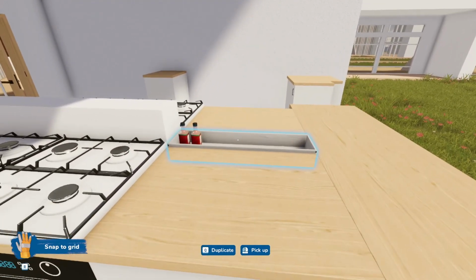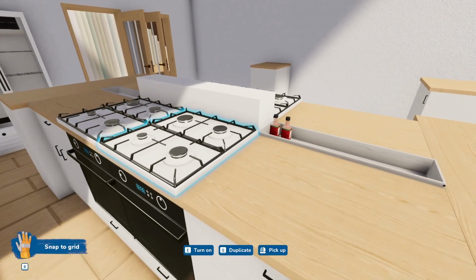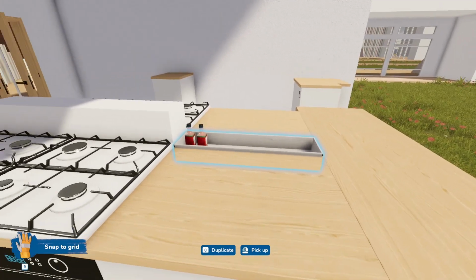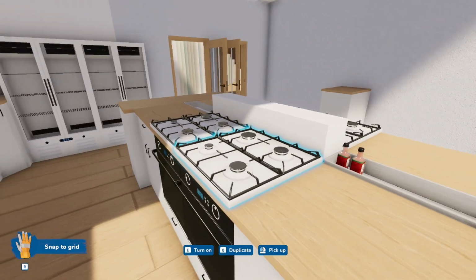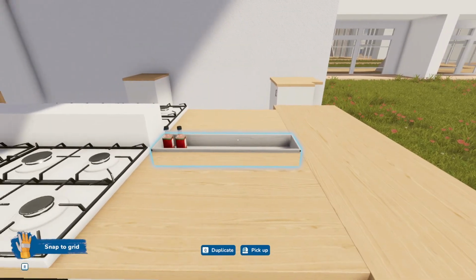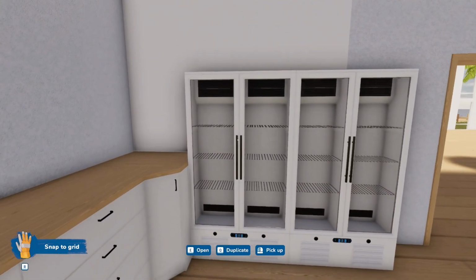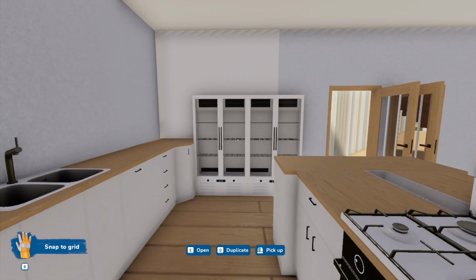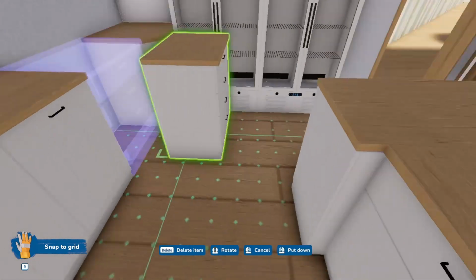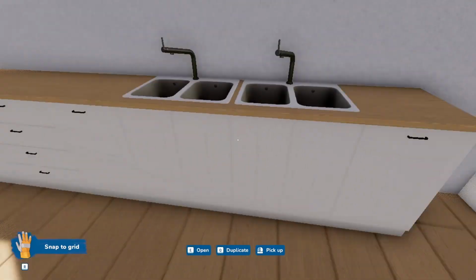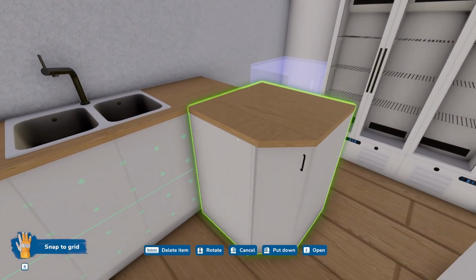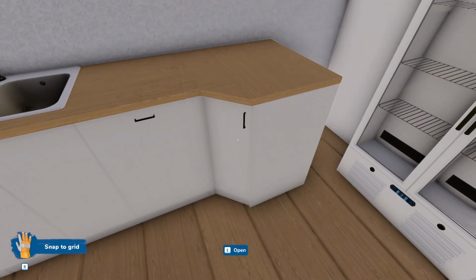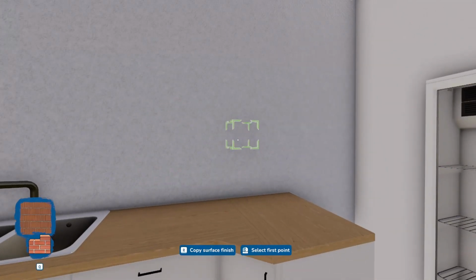I was going to put a, you know, when you've finished cooking and you've got dirty spoons and that, you can throw them in there. But I think I'm going to use that as a tray instead. These I want to build into the wall a bit more, so I might move that out, move this up, and actually use